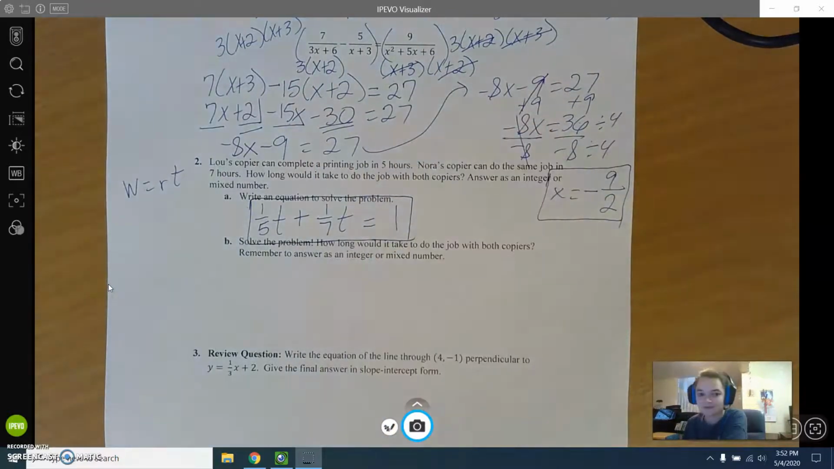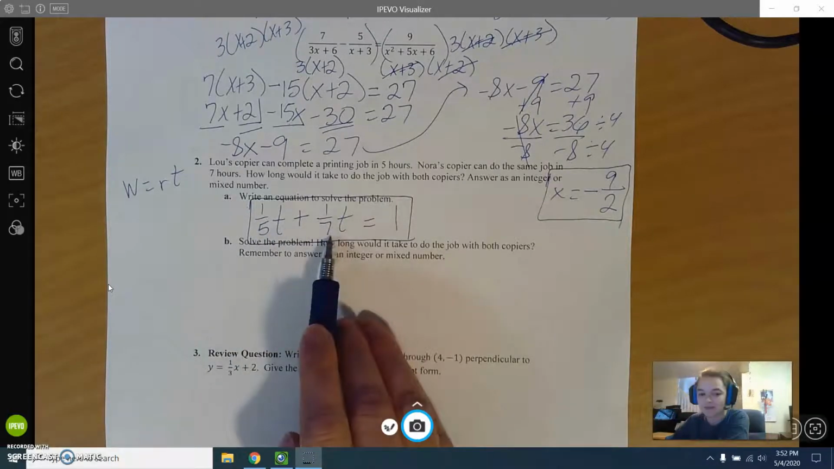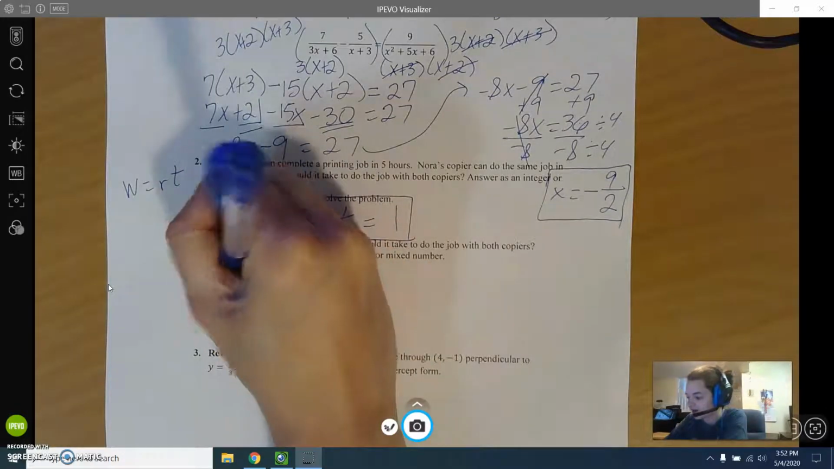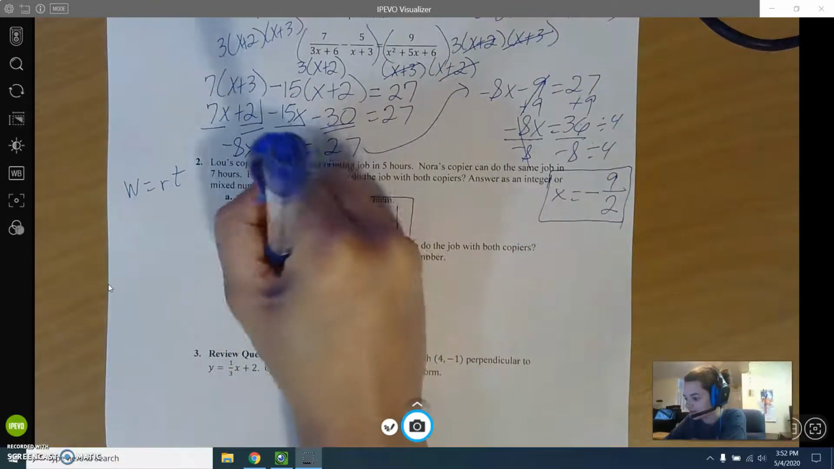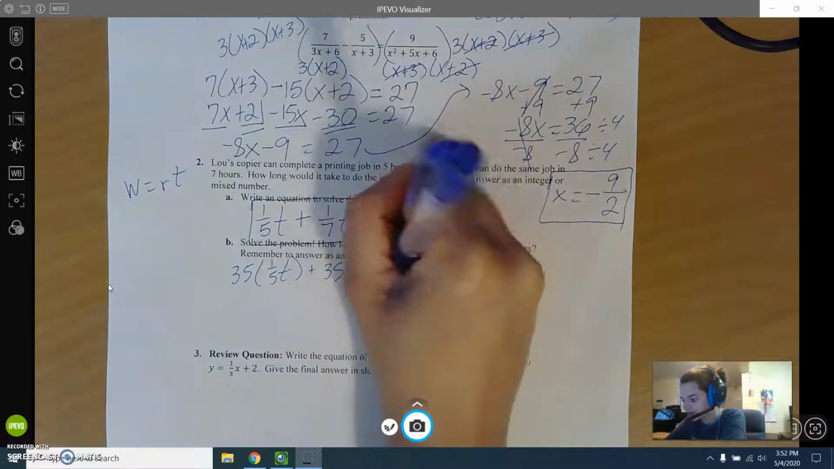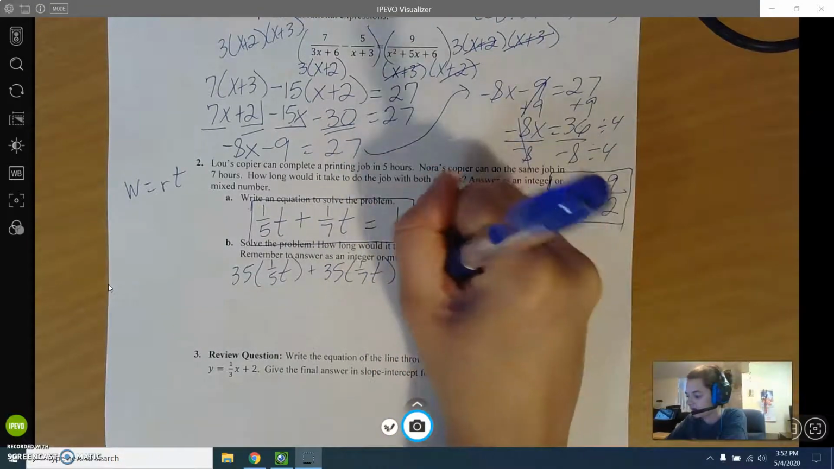Okay. Next up, solve the problem. So let's solve it. So just like the last one we did, we should probably multiply by our least common denominator to get started. So if my denominators are 5 and 7, my LCD would be 35. So what I'm going to do is multiply both sides, and that's every term on each side, by 35. So that's 35 times 1/5 t. That's 35 times 1/7 t. And I'm also going to do 35 times 1,